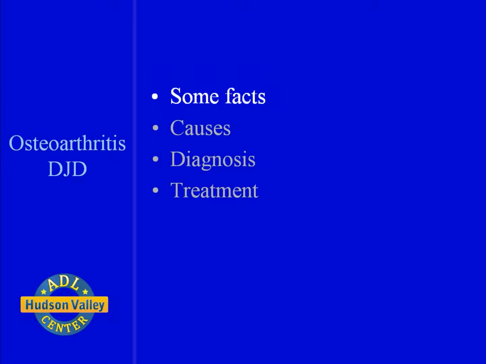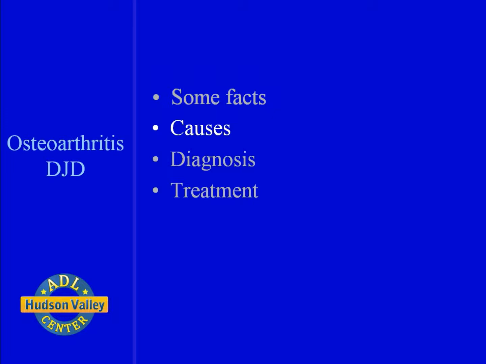Almost 85% of all people over 75 show evidence of this condition. In people less than 45 years old, the prevalence is greater in men than in women. In the older age groups, a larger proportion of women suffer from the disease. The incidence of osteoarthritis is not affected by race, geographic location, income, or education.